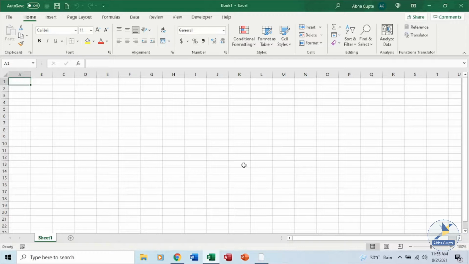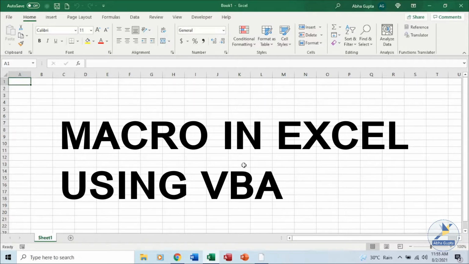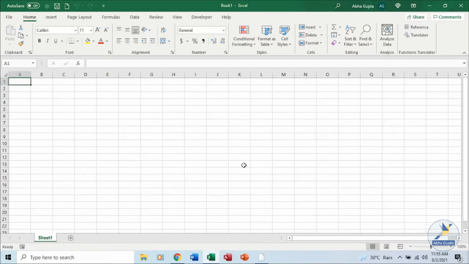In today's video, we will discuss macros in Excel using VBA. In the previous videos of the Microsoft Excel Advanced course, we have already discussed what a macro is and how to record a macro. A quick recap of what a macro is: a macro is an action or a set of actions that you can run as many times as you want. It will record your keystrokes and your actions, and it will save your time and effort as the job is automated and you don't have to repeat it again and again.